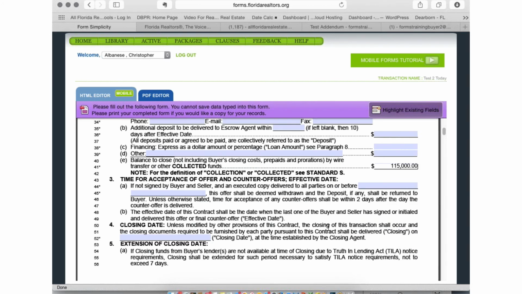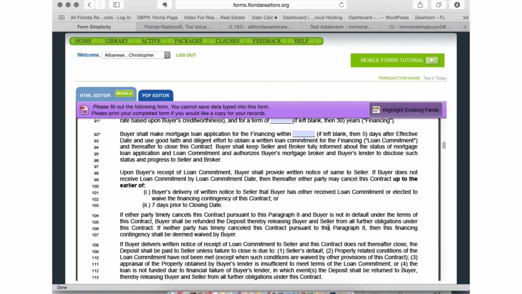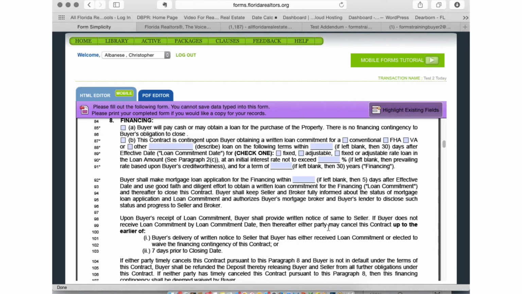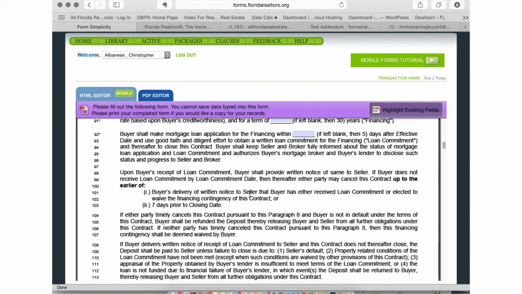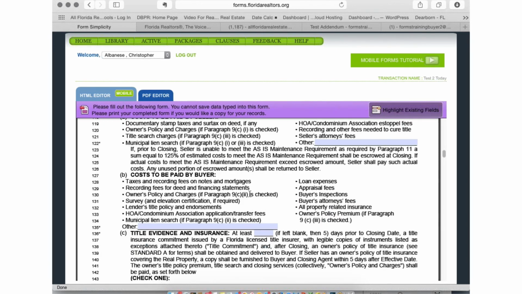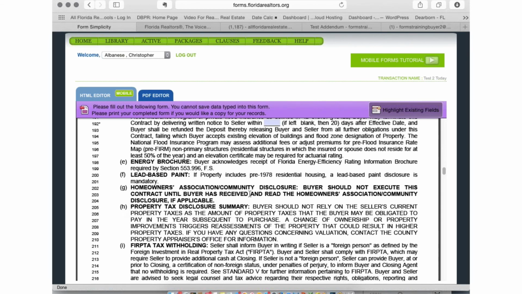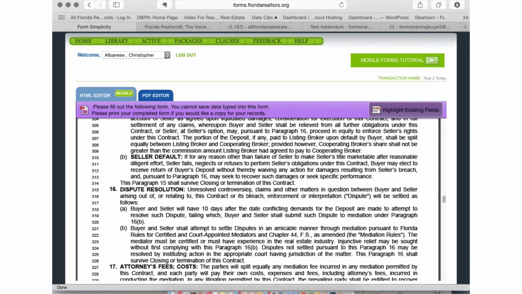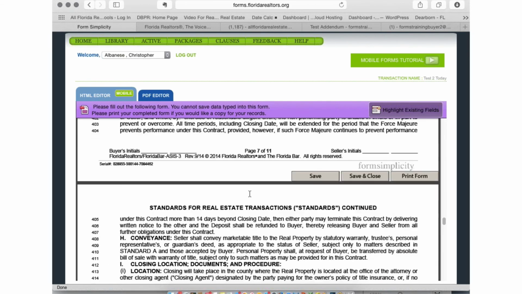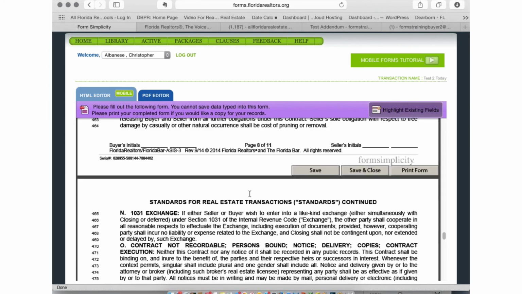All right. Then you would just go through your sales contract there. Anytime there's a checkbox, there's a checkbox. Again, we'll make this a cash offer. Check there. At any point, I can go ahead and save and close. I'm going to get down to page 11 here, so you can also see a couple of other things that